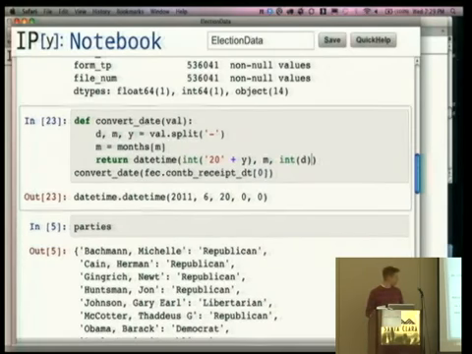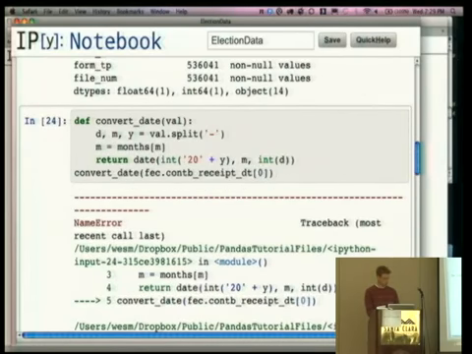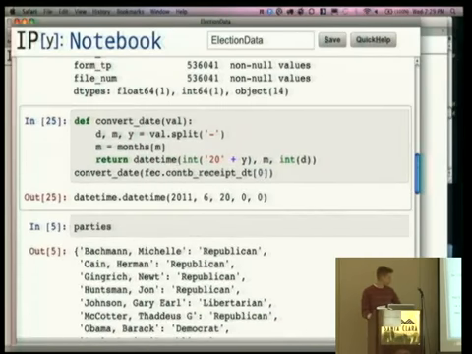Yeah, I could use date. I'll just use datetime in this case. Yeah, doesn't matter that much. But I don't have date imported, I only have datetime imported. Okay, so,